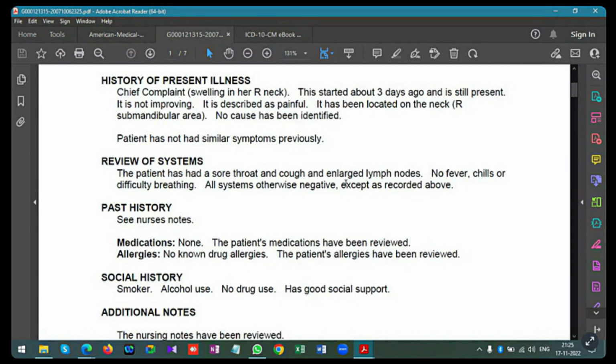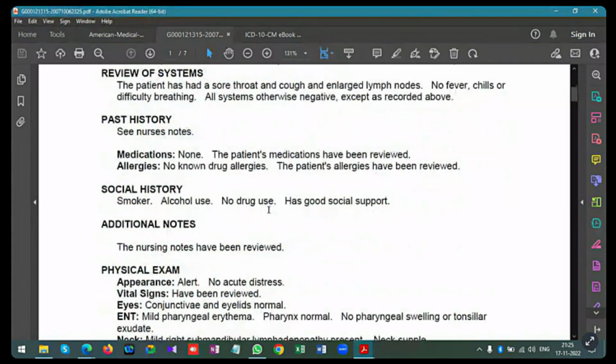After this review of systems, they will document your past medical conditions, any allergies, or social history. These types of documentation will be there. Apart from that, in some medical records, you will have the patient's prior surgeries, nothing but the surgical history, as well as data relevant to your family history. Why? Because those also will impact your current management or current treatment, right? So all of these will be present in your